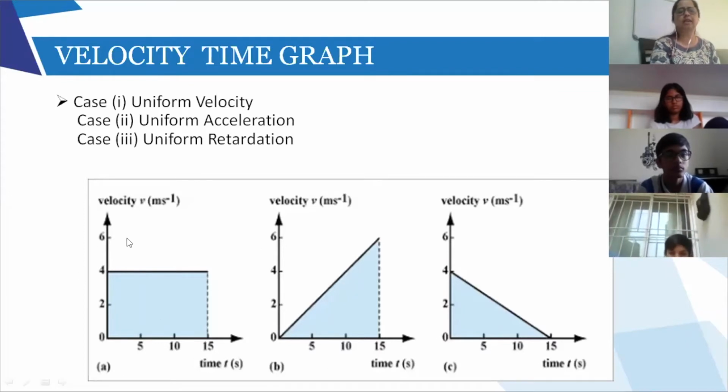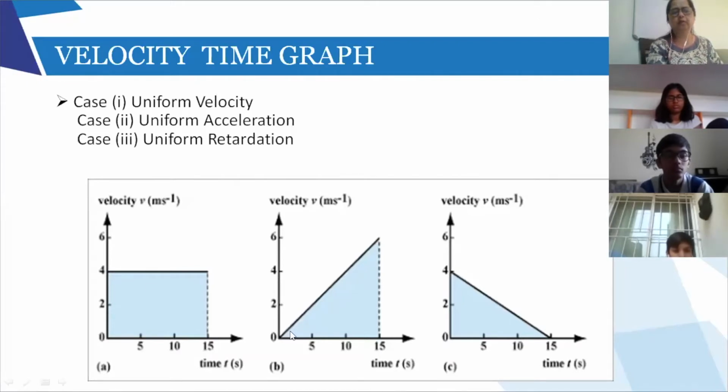See, the first one was a displacement time graph. In a displacement time graph, a horizontal line means body at rest. But if it is a velocity time graph, it does not mean body at rest. Many children will just write body at rest. It is not body at rest. It is uniform motion. The car is going at the same speed. Uniform speed. This first graph is uniform motion.